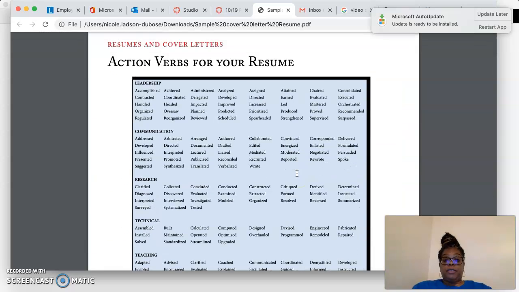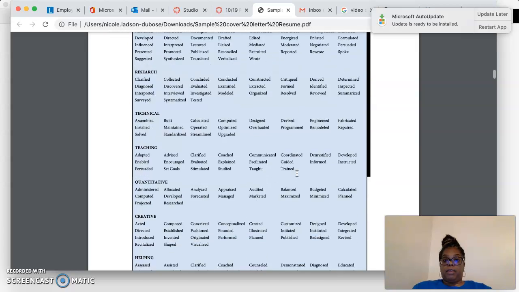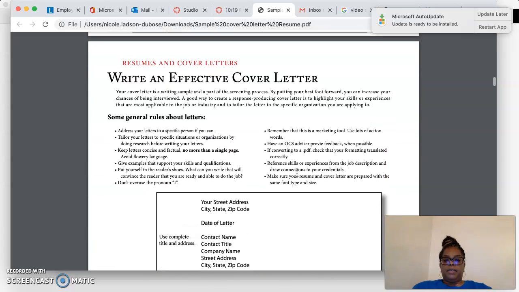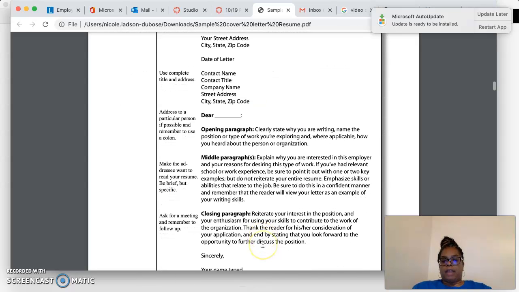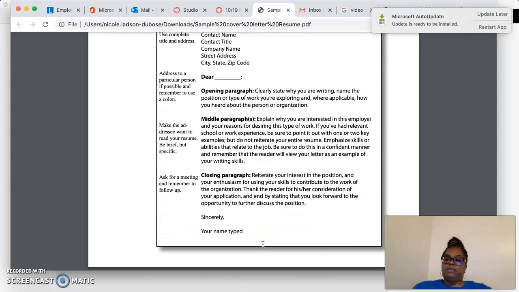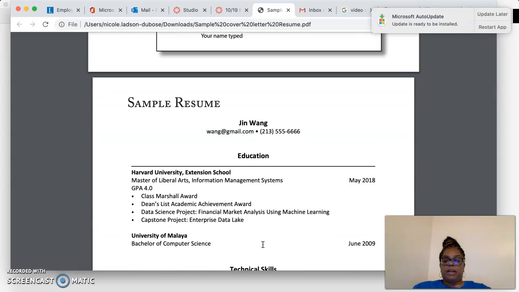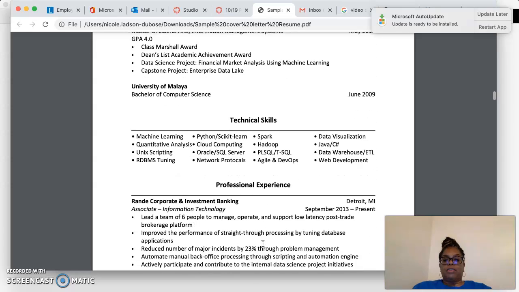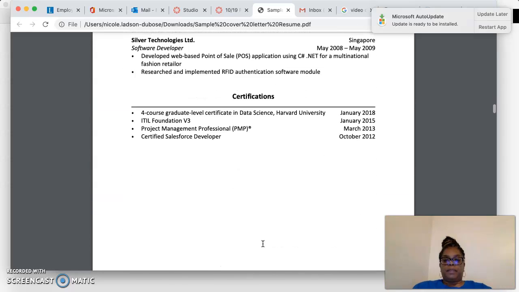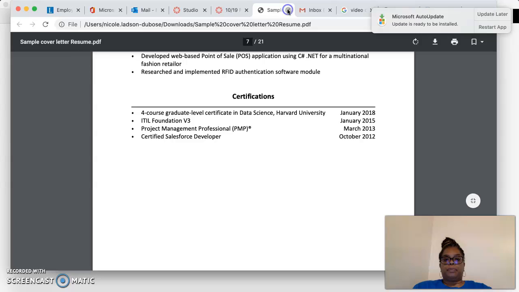There's some action verbs for you so you can make yourself look very educated in your resume and cover letter. And here's some tips about how to write an effective cover letter. And there's the formatting for the cover letter that you'll need to follow for the assessment. And then the resume is also outlined for you as well. Okay, so there's a sample there.